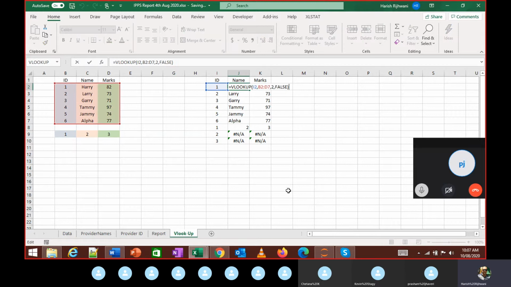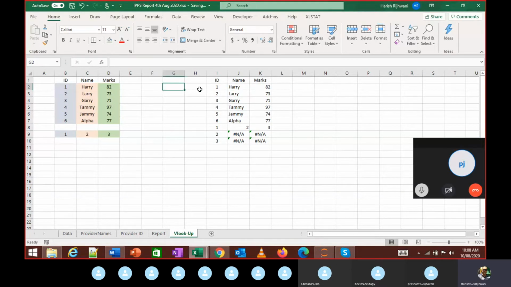In order to fix this, when you click F2, you can edit that formula and you see this B2 number. I press F4 once, the data gets fixed. This column and row is fixed.